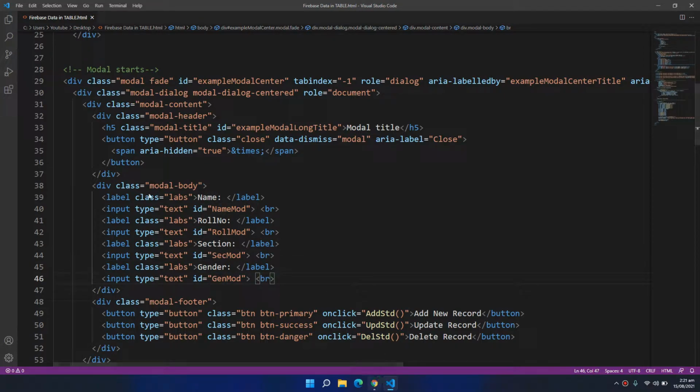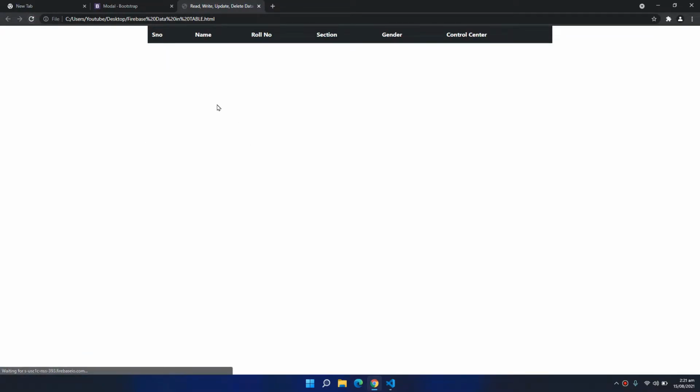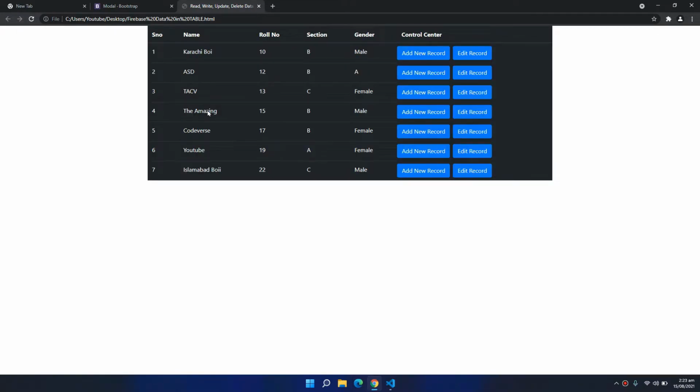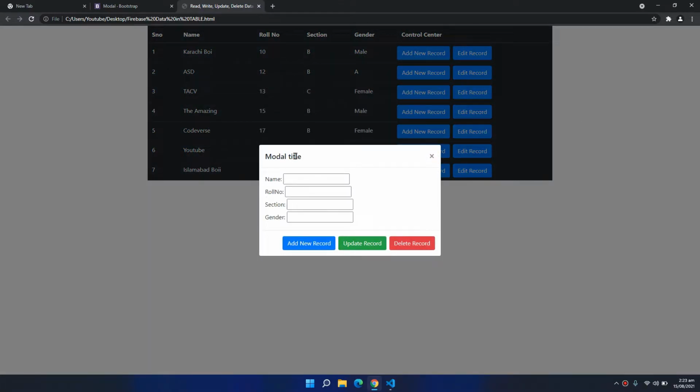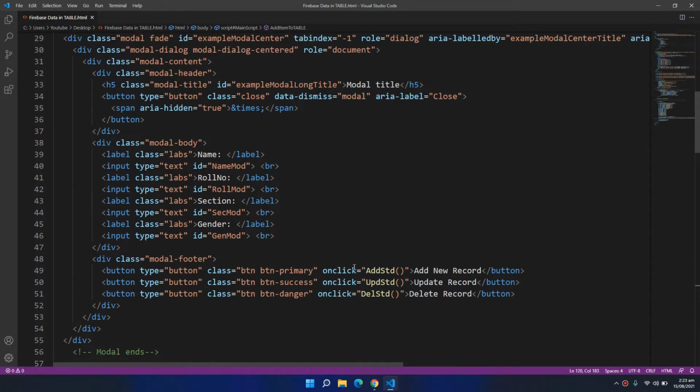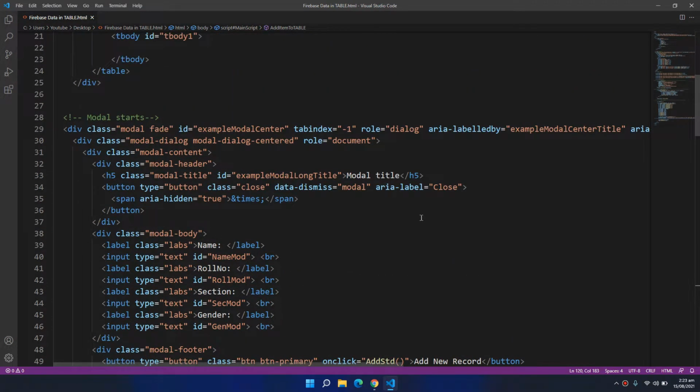So now when I refresh this, and now these two buttons are showing. When I click this button, this form is appearing. So I have an add and update and delete button. So I am also gonna edit the title.